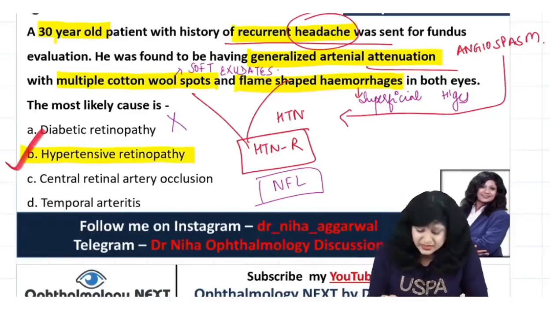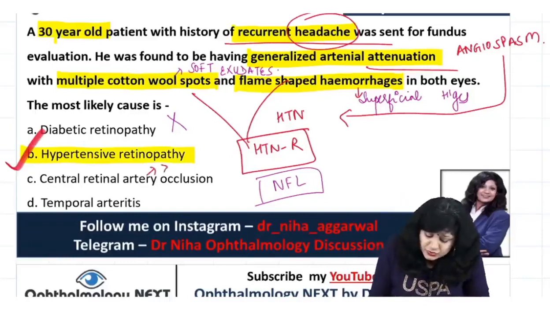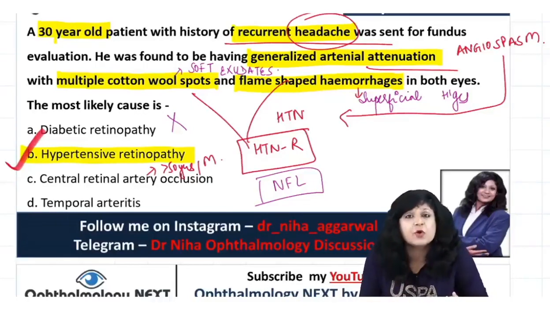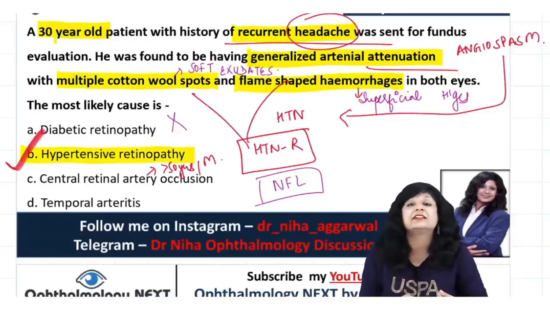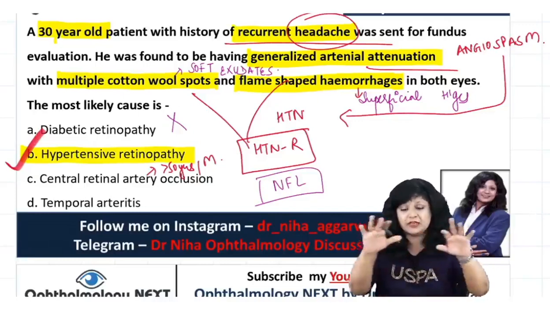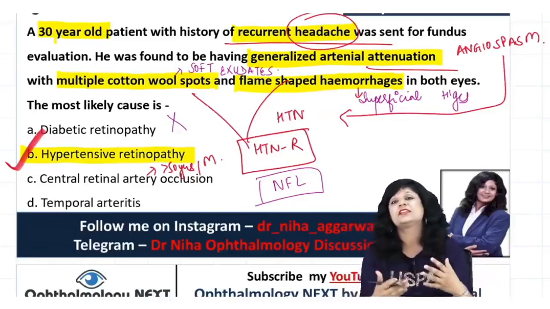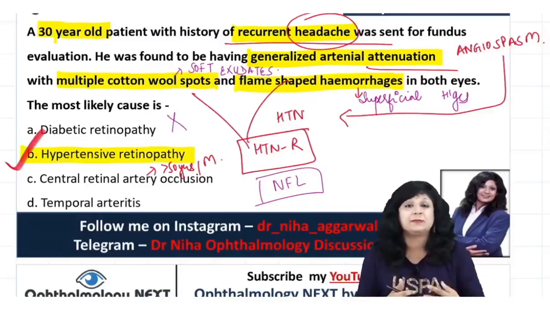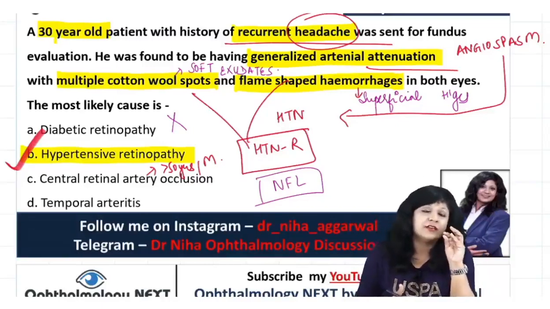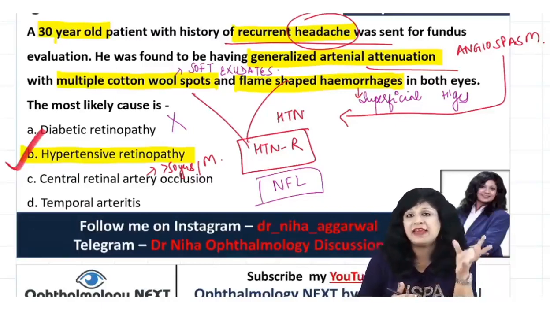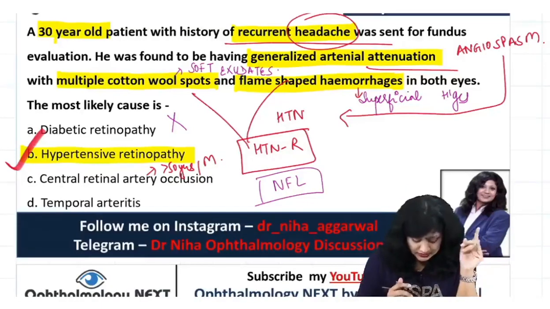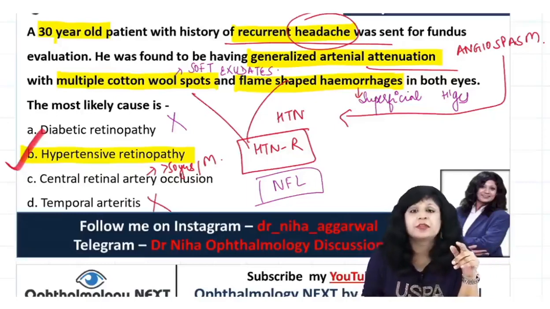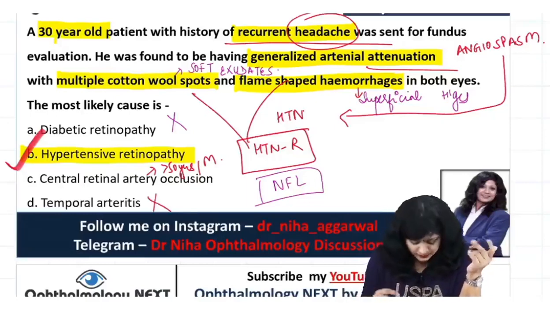CRAO. CRAO is again common in a patient who is more than 50 years of age. It is common in males. You will get the cherry red spot there, pale retina there. You will get a lot of exudates in the other layers in the periphery of the retina, due to which you get the yellowish white or milky white retina, but the fovea continues to look red because choriocapillaries are shining through it. That is why you get the cherry red spot. Temporal arteritis is not there. So this is a case of hypertension retinopathy.